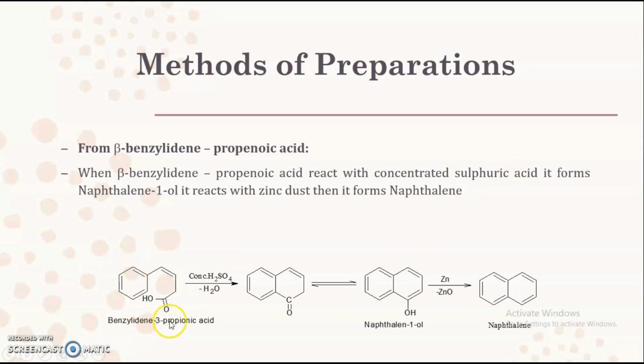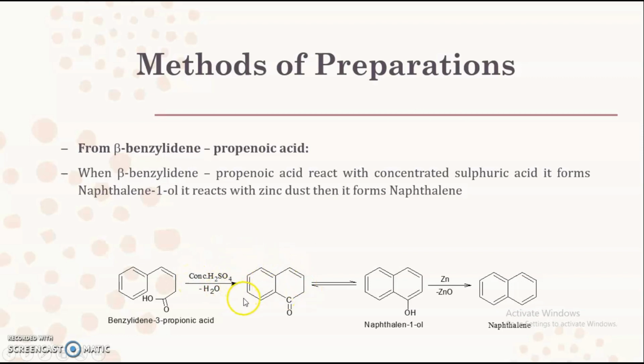This is benzylidene 3-propionic acid, which is also known as 4-phenyl butanoic acid. Already we have seen this particular structure. Benzylidene is nothing but C6H5 and CH2. Instead of benzylidene, we can write down phenyl, that is 4-phenyl butanoic acid also. Both are same. So this benzylidene 3-propionic acid, when it undergoes the dehydration reaction with the concentrated sulfuric acid, which leads